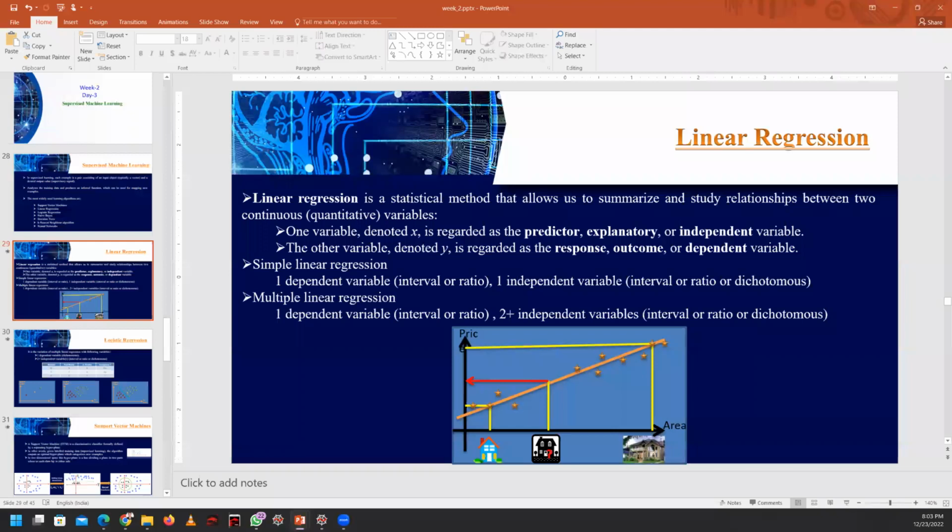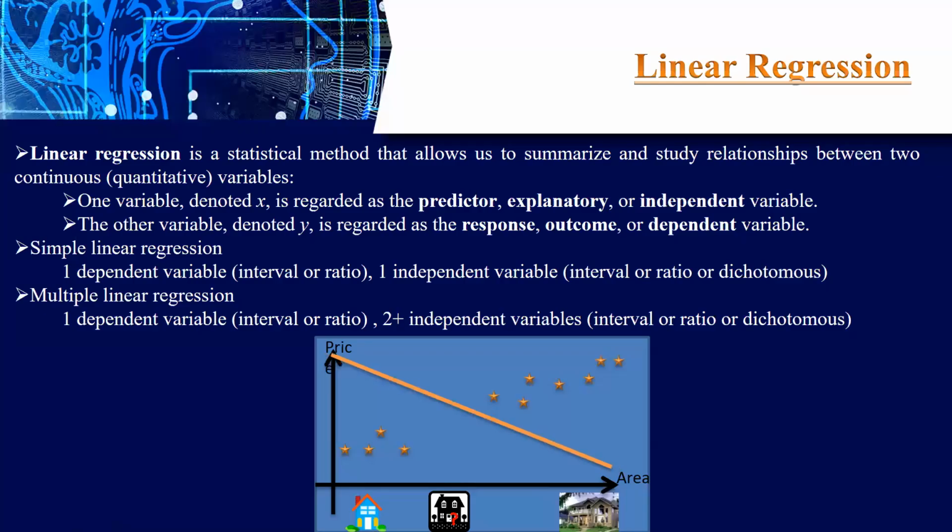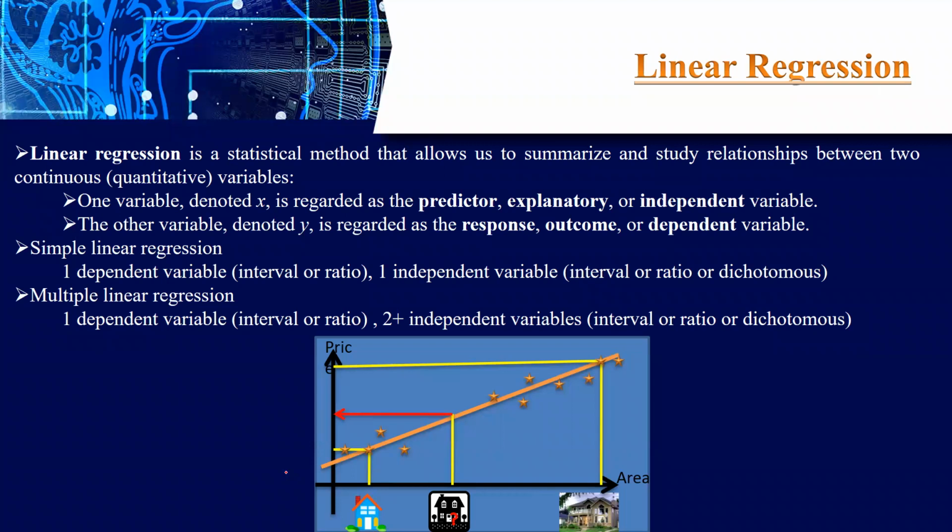I have explained all these things, but you people are missing classes and asking again and again. So you can see here, right? Here we have so many points. The main goal of the algorithm, when we are talking about linear regression, is to identify this line. You can see some stars here, right? We have some points. As a human being, if I provide some dots here like this and ask you people to draw a line which can fit all the points, you can directly draw it like this.